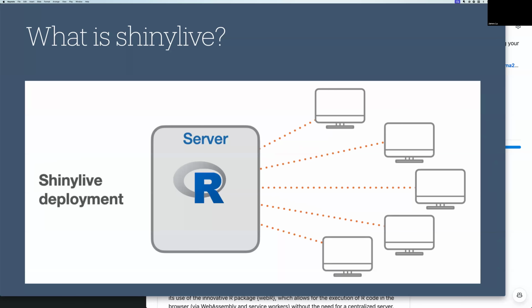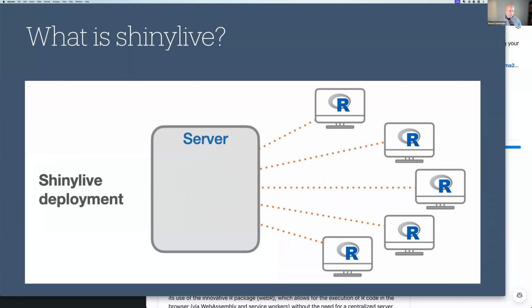In Shiny Live, what we do is we take that centralized server and instead we send it to each of the users' browsers. And that in itself is just kind of crazy. We'll go into that more later, but it's now distributed to the user.